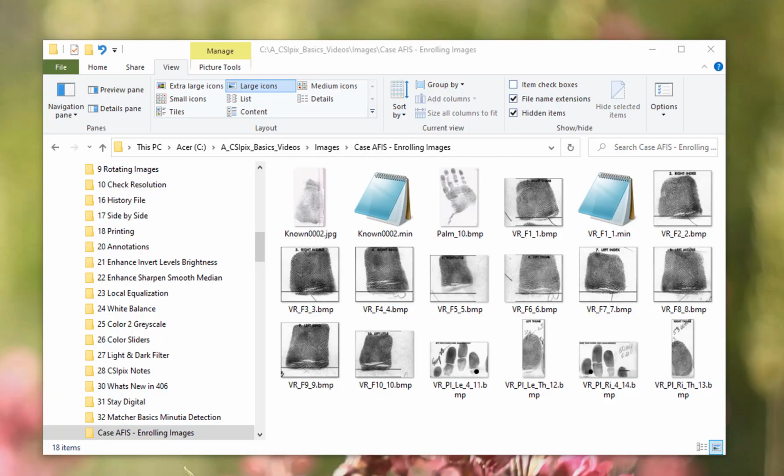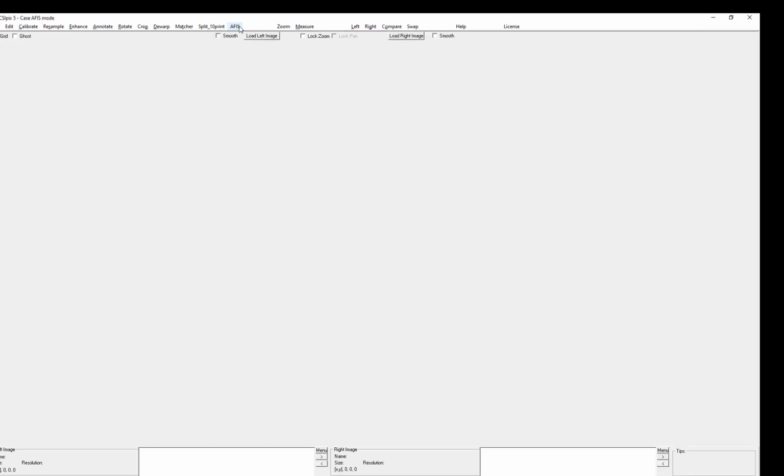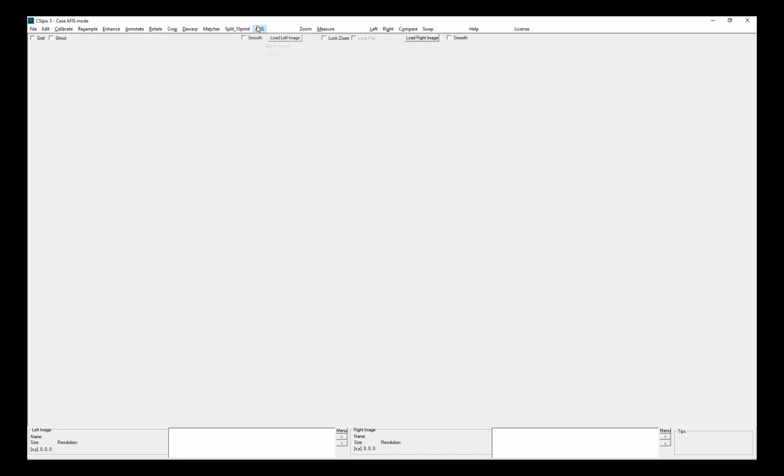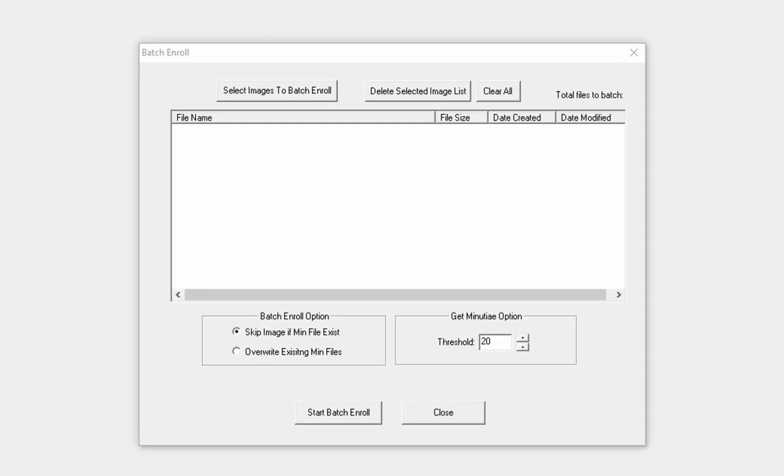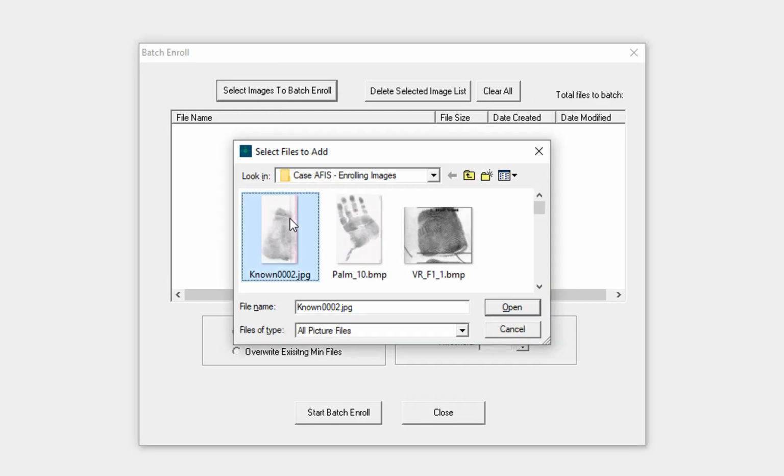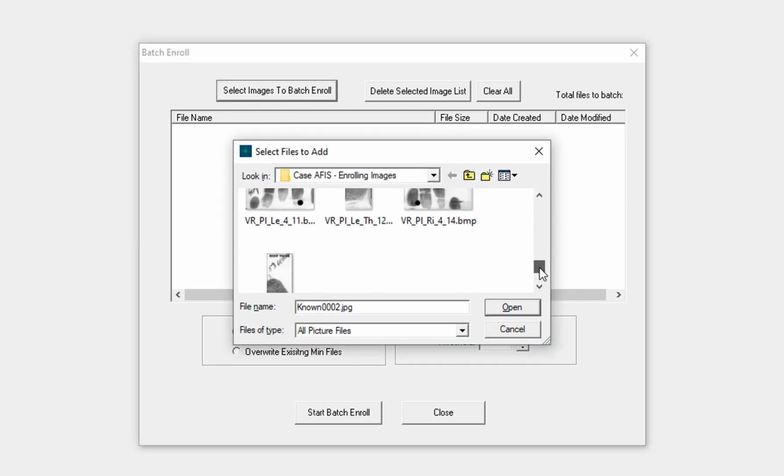I'm going to use Batch Enroll to enroll these images I've put in this folder. As you can see, 2 images already have a min file. I made these using the Enroll Single process. To do Batch Enroll, click AFIS and then Batch Enroll. Select the images in the folder. I'm just going to select them all,